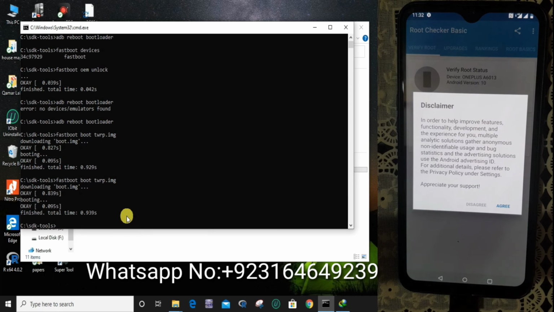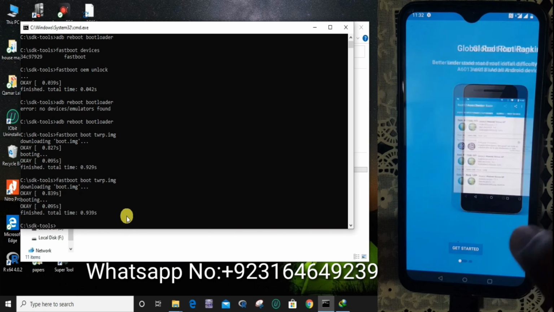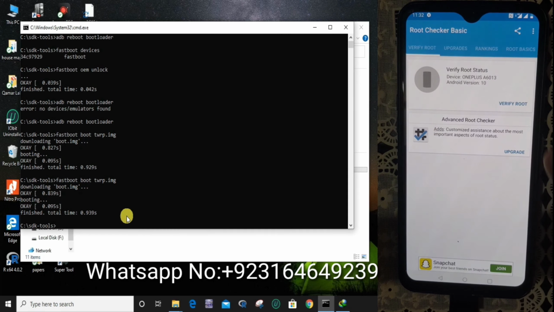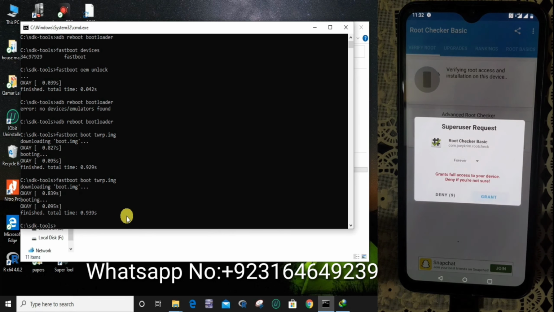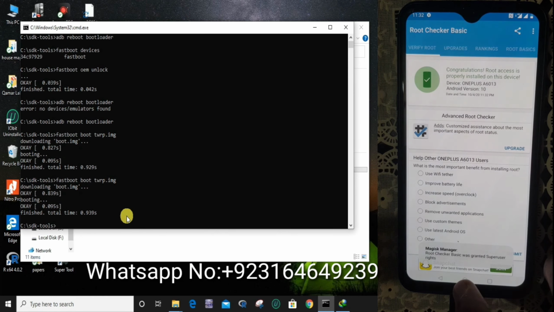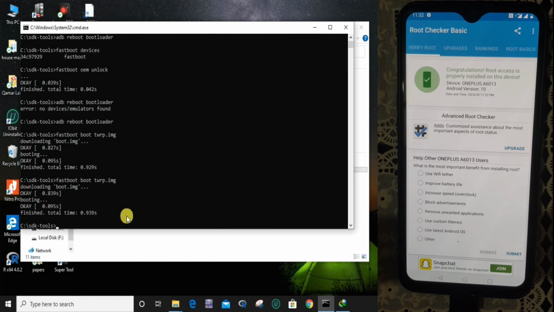Allow and agree. Verify root and grant forever. Here you will see that a congratulations window has appeared and root access has been properly installed, which means that your mobile has been rooted.